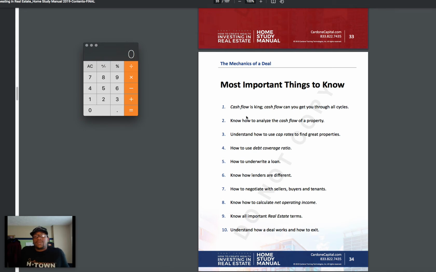How do I know if I'm speaking correctly? How do I know if people are receiving my information? Is there a better way that I can communicate with the lender? Is there a better way I can communicate with the seller? Is there a better way I can communicate with my tenants so that I have a positive reaction, or a positive receival of information, so I know that they understand my perspective, they understand what I'm trying to explain, or they understand what I'm trying to teach, or they understand my expectations